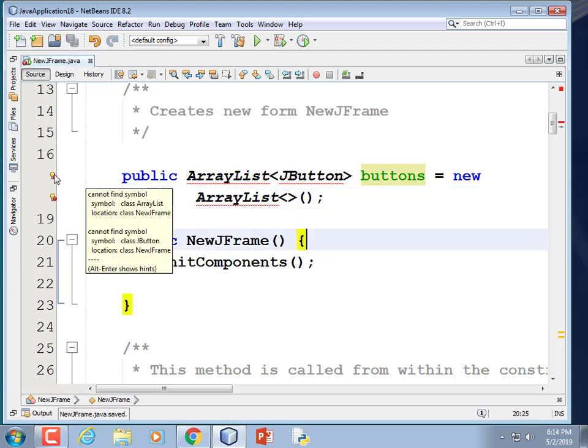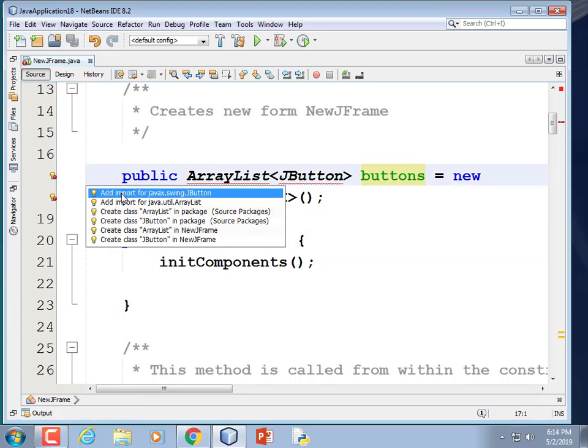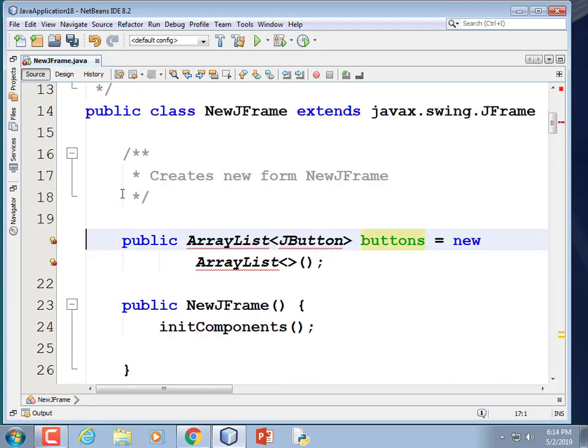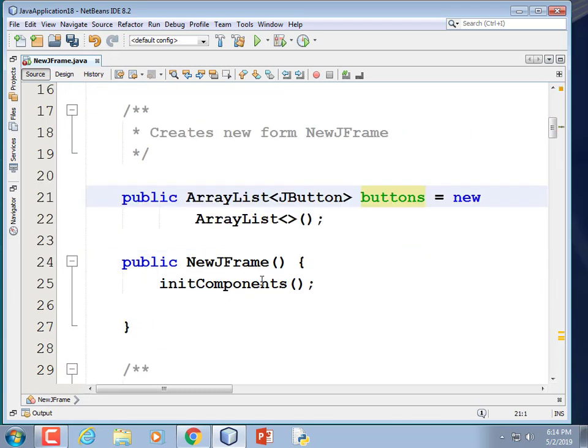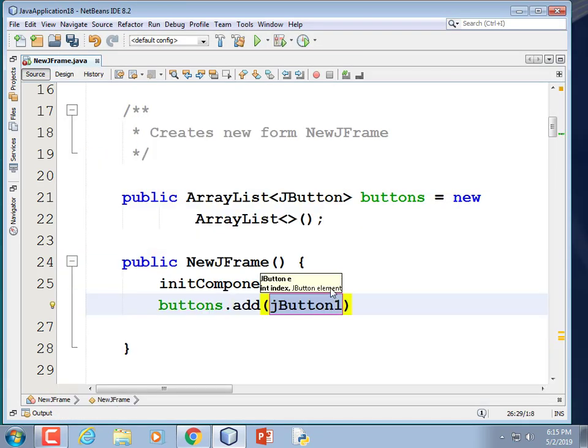It doesn't know what an ArrayList is, so we're going to click over here and add the import. Oh, add the import for javax.swing.JButton. I should have typed out the whole name, but it'll fix this. So I added my 2 imports just to make the errors go away. So let's add those buttons to our array list. Currently we have 4 buttons that we care about that are in that grid, right? So buttons.add parentheses,